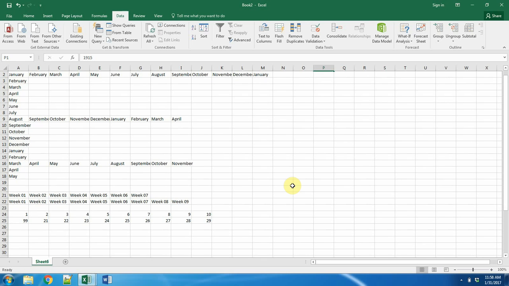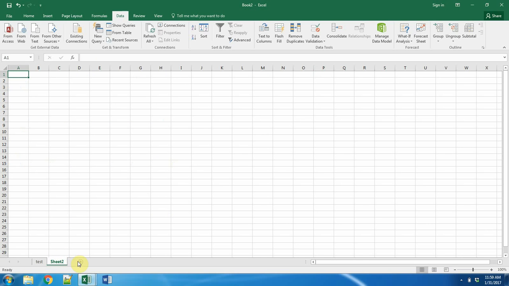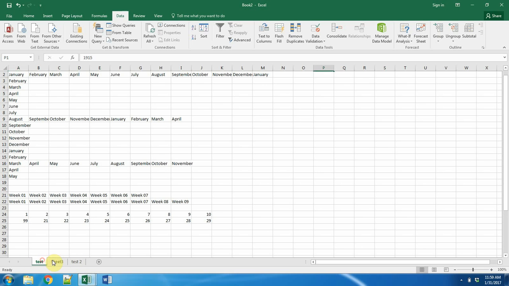I think that's about all. If you want to rename a tab, you just right click on the worksheet, and you can say whatever, test. You can add a new sheet, and you can rename that to test 2. You can move these around. Doesn't matter. You can flip them around to whatever order makes sense to you. Other than that,